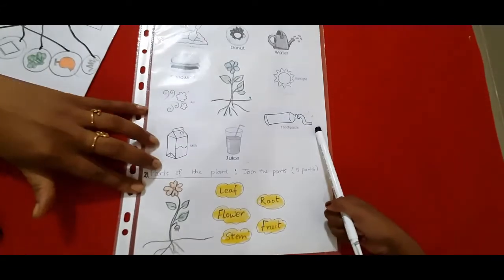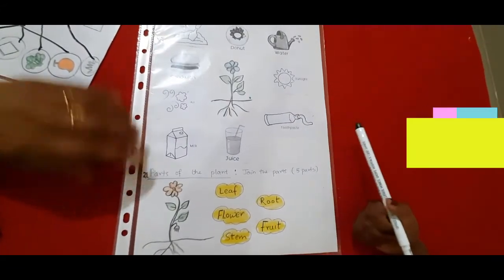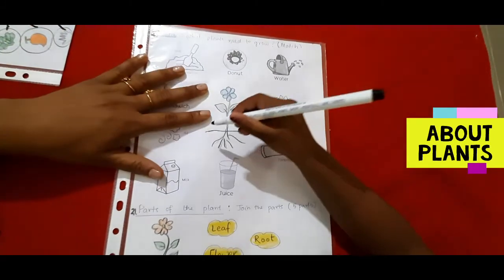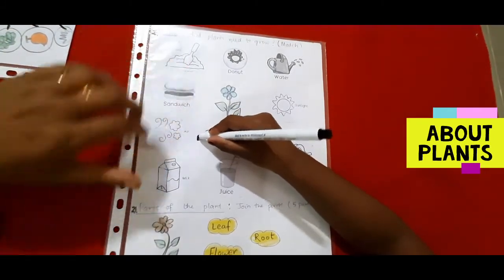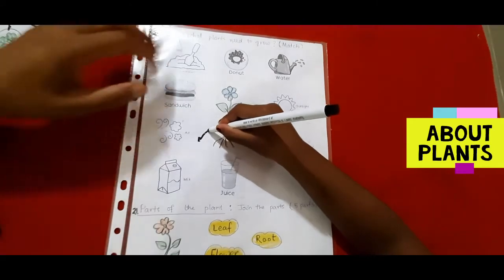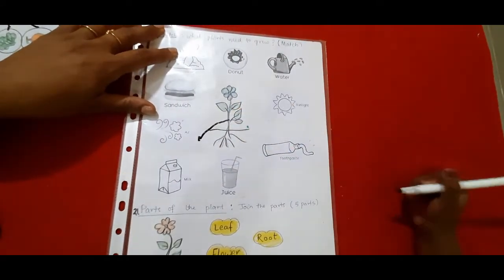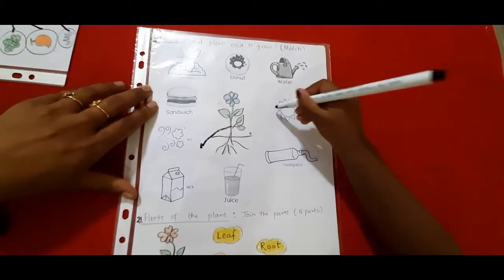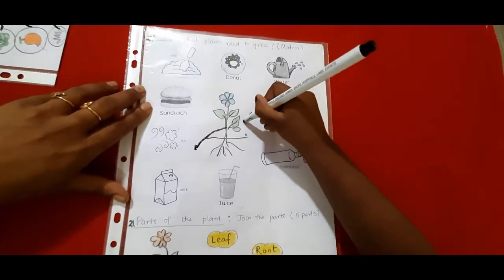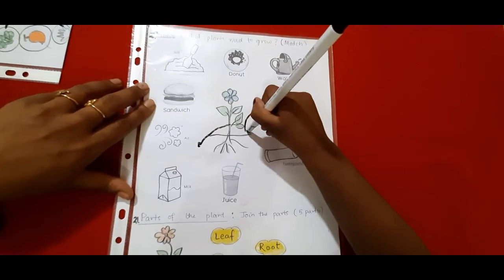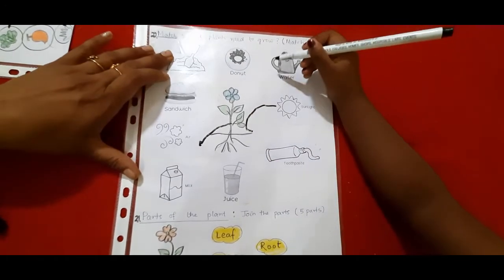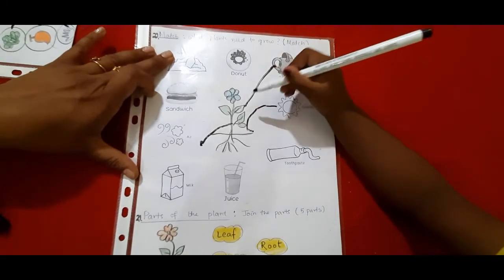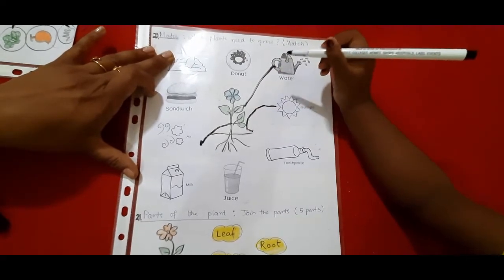And this, very good. Here, in the same way, I have already shared this activity, but in a different manner. She will tell what the plant needs to grow. Come on, very good. Tell and join. You just want to join. Okay. I have given a few other things like paste, juice, milk so that it will confuse her. She knows what the tree needs, so she's just doing it.